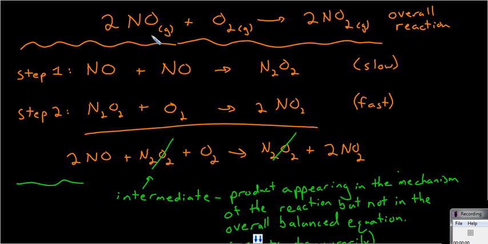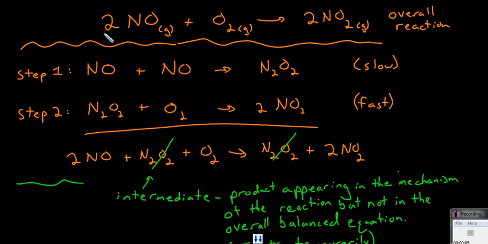This reaction up top here actually occurs at quite a significant rate, but it might not occur as you might think. Here we have two molecules of nitrogen monoxide gas reacting with one molecule of oxygen gas. Now it appears that three particles all combine at once to give two product particles,